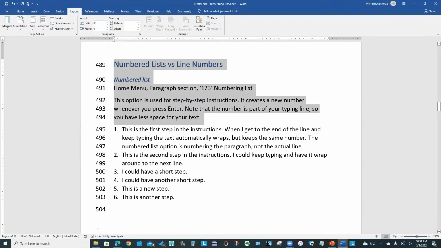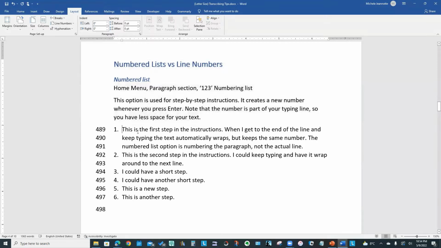So if I select that text and go back into line numbers, I can say suppress for those paragraphs. And it has removed line numbering from those paragraphs and has started the count for this page at this next